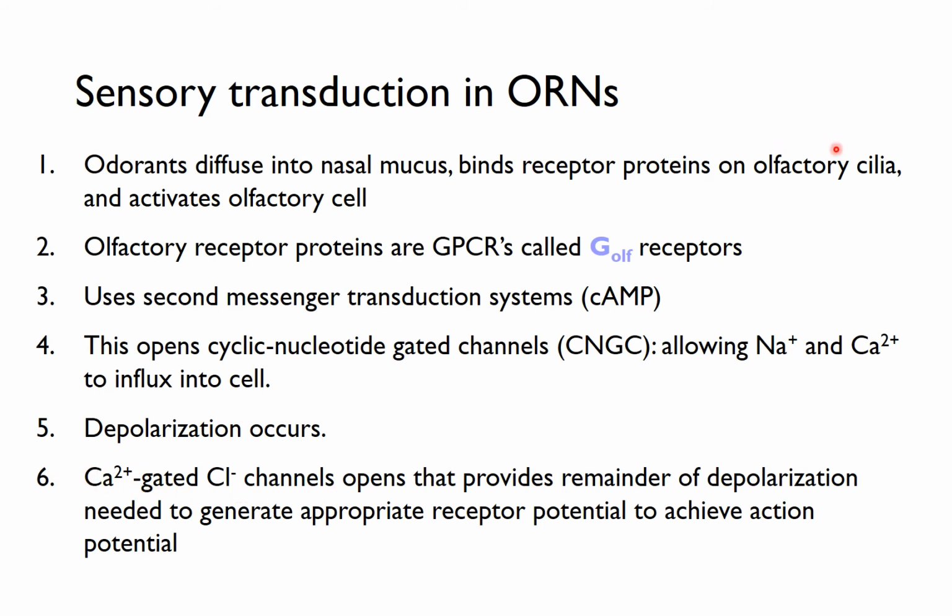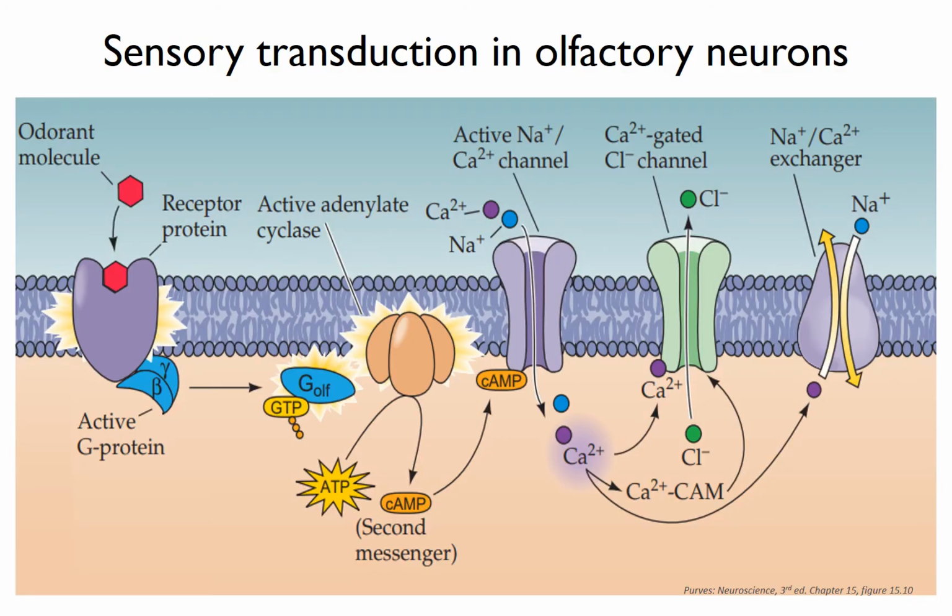Okay, so I know that was a lot of steps and you're probably really confused right now. So let's look at the graphic on the next slide and see if that helps a little bit. All right, so here is a rather busy looking graphic, but we're going to break it down step by step here. So step one is up here. We have an odorant molecule, which is this pink looking hexagon that is going to bind to its receptor, which is expressed in the olfactory receptor neuron. So this is the olfactory receptor neuron down here,